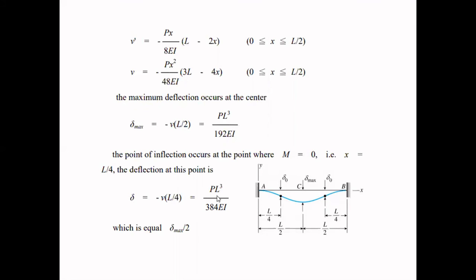EI, which is equal to delta max by 2, because obviously we can see the variation is linear from this end to this end. The deflection at this part will be just half of the deflection at the center part, and also the deflection at this part will be half of the deflection at the center part, and it goes to a negligible amount, or we can simply say 0, at end A as well as end B. So in this way we can clearly see that we have calculated the deflections, and also the slope for a